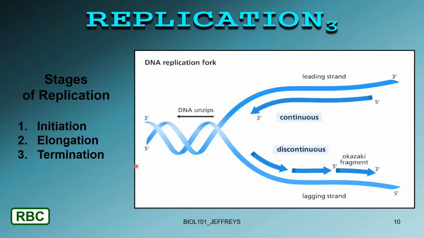Now you'll notice that in this particular illustration, we'll get it closer in a minute, regarding elongation. So initiation is we're going to untwist the ladder, we're going to unzip it. That means we're going to break those hydrogen bonds. We have a special enzyme that does all that. And then DNA polymerase comes in here. Well,